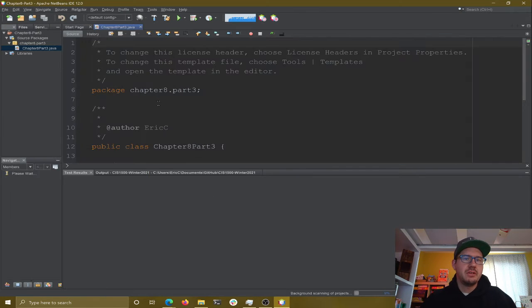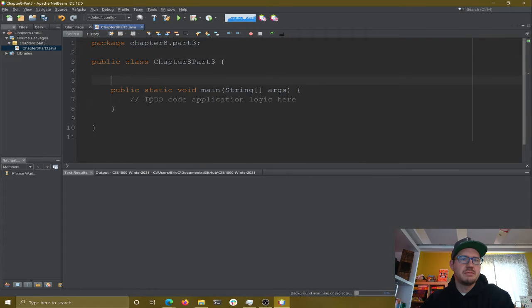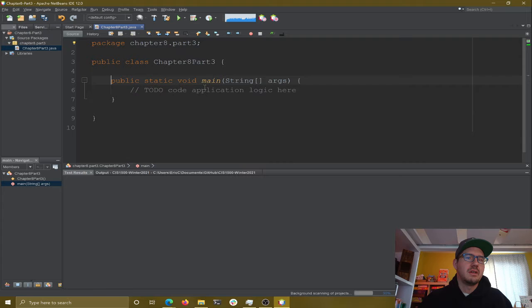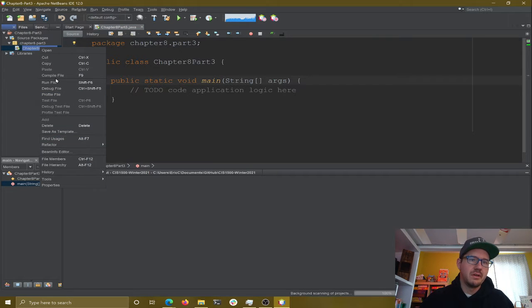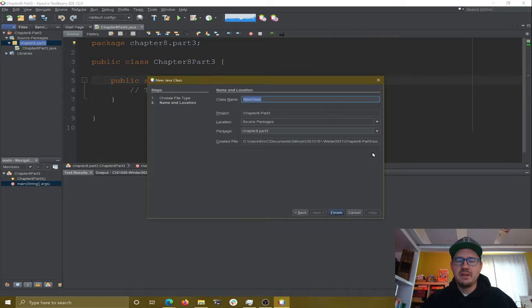All right, so we've been talking about classes and how we use classes and objects in our code. A couple of things to note. Classes can have other classes as variables. So if we go and make a new class here, let's say this one,